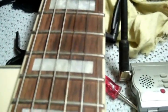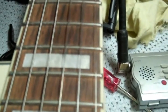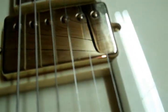Well, the strings are on. I have to make an adjustment. I think the strings are pretty even on both sides. My tuner crapped out, so it's not registering the low E, but I can tell that the intonation's a bit off. I may have to raise this bridge pickup later because I like that bite in my treble side. I don't know, I'll have to see, but I did have to lower it again because there are no